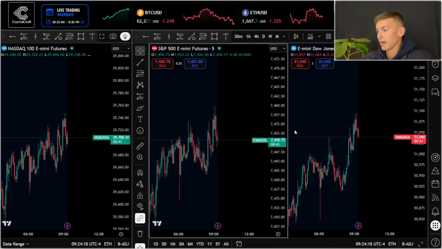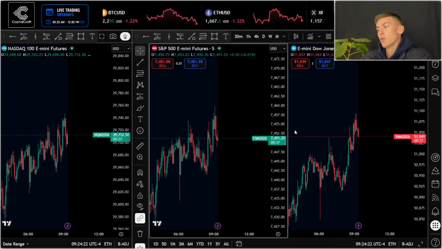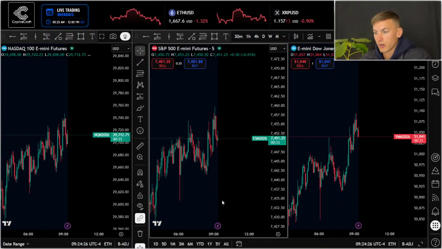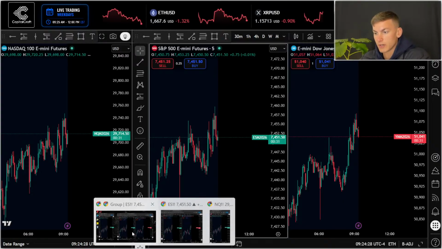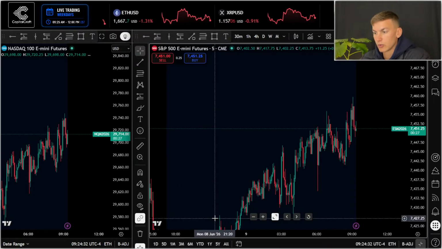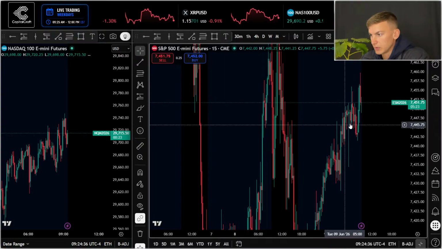Today is the 9th of June 2026. It is approximately 24 minutes past 9 Eastern Standard Time. We are going to do our pre-market prep. So let's jump over to TradingView and mark out today's trading range as well as the liquidity levels that we're going to be monitoring. So I'm going to jump over to the 15 minutes to get a better lay of